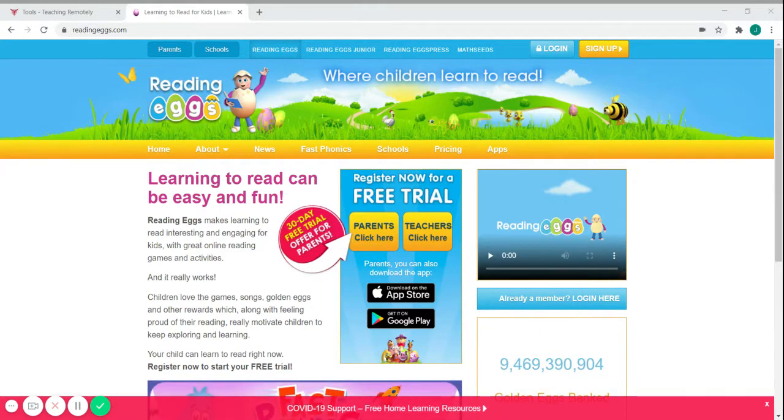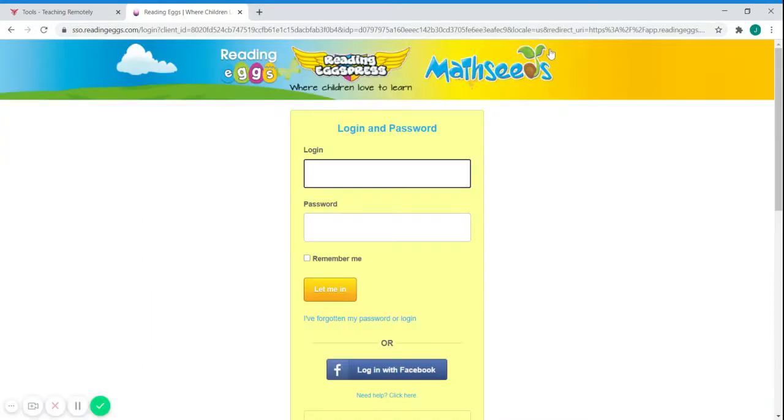and then it will bring you possibly to this screen. And so you would go to log in. And it is going to bring the screen up that looks like this. So inside your child's folder, you should see a login username and a password. And so you are going to help them type in their username, and then you're going to click down here, you're going to type in their password,